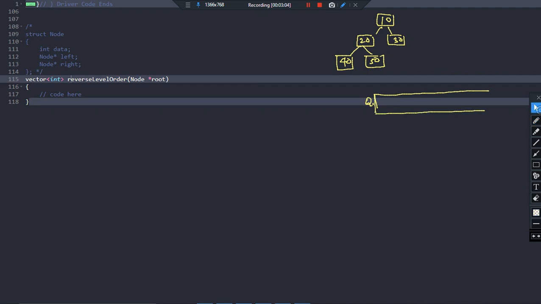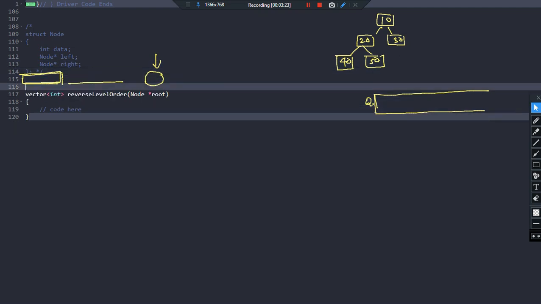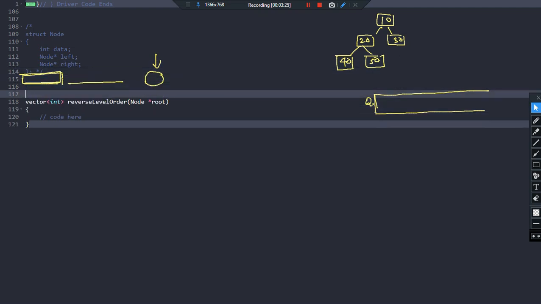This is a function reverseLevelOrder that is going to perform a reverse level order traversal. It receives a root node and returns a vector of integers, which will store the traversal. As always, I will declare a vector of int, and let it be output.